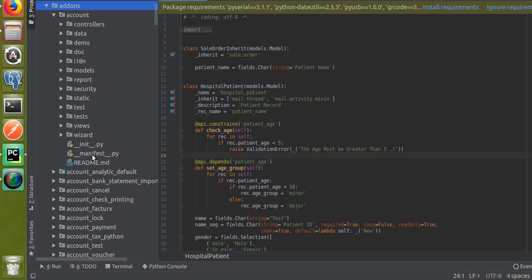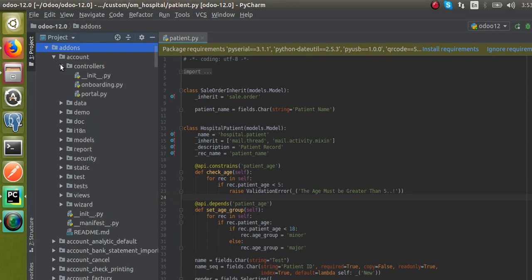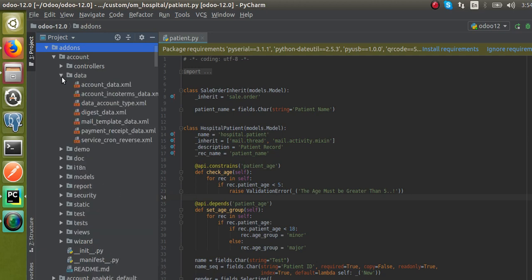etc. So for the controllers folder we will place all the files related to controllers. Controllers come in when we are dealing with the website section. So all the controller related files will be placed inside controllers, and inside the data folder we will place all the data files. Suppose I have to create some records in the Odoo models, that is in the Odoo tables, from the code,